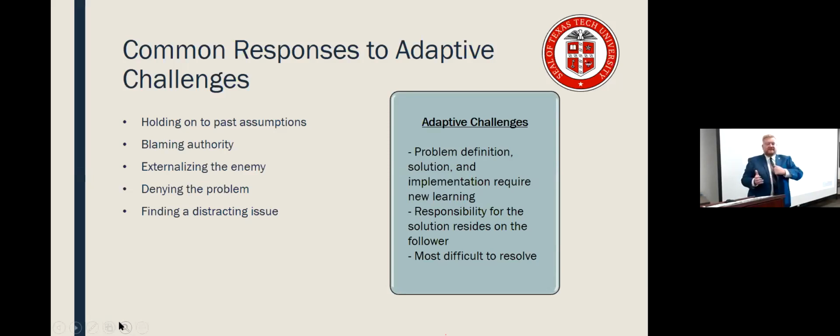And I know that sometimes it can seem like once you start into something, you continue to find different problems. And those problems all build on each other, and it can be very overwhelming to you as the leader or overwhelming to the group. Part of adaptive leadership is helping to address some of the ways that as the leader, you can help navigate individuals and the projects that you're working on.